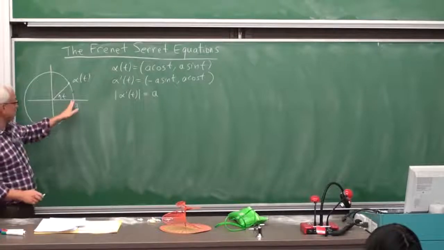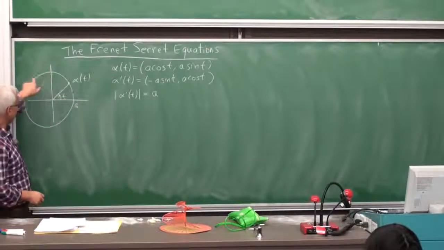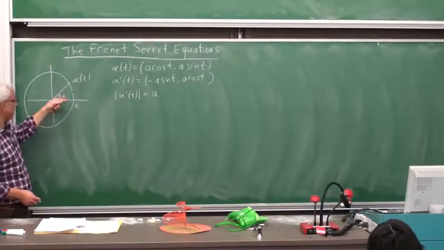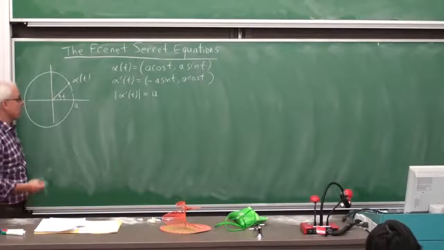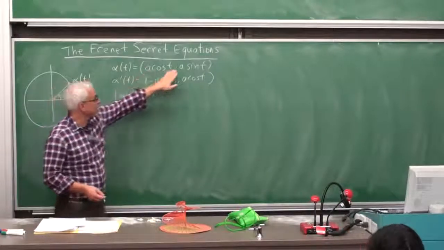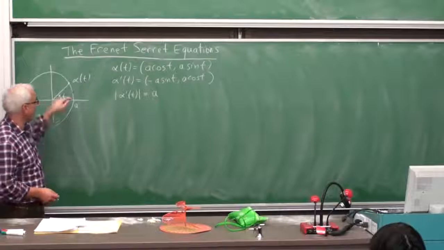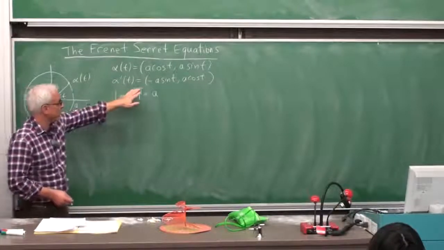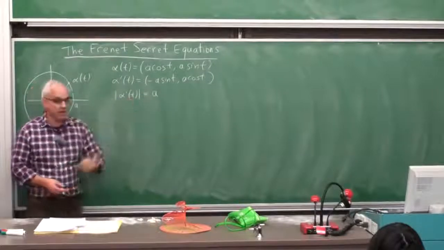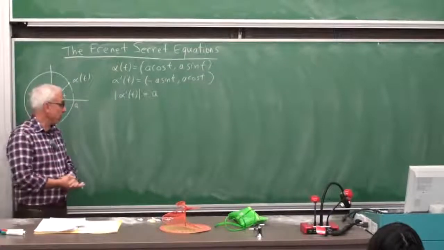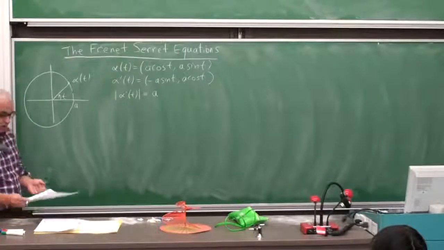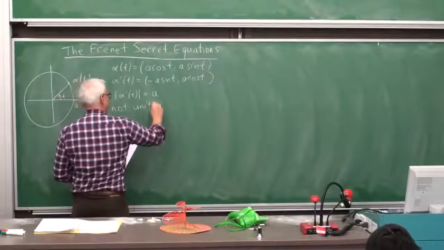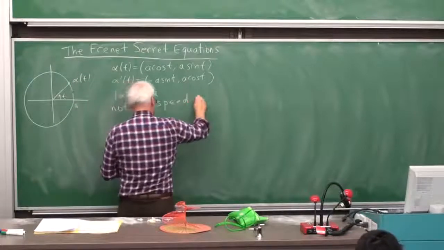It wasn't a unit circle, it was a circle of radius a and a curve going around it, parametrized by essentially the angle, which we're going to call t, because we like to think of the parameter as being time. Here was the formula for the curve itself, alpha of t equals a cos t and a sin t, and here was its derivative, alpha prime. We noted that the size of the derivative was equal to a. So this is a constant speed curve, but not unit speed,